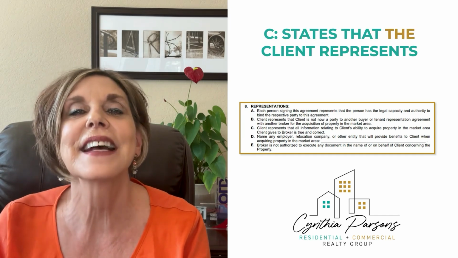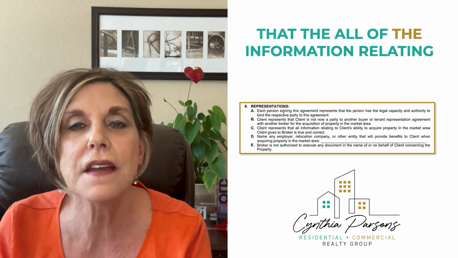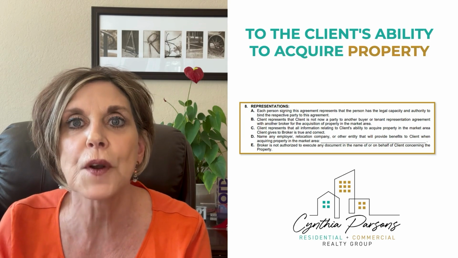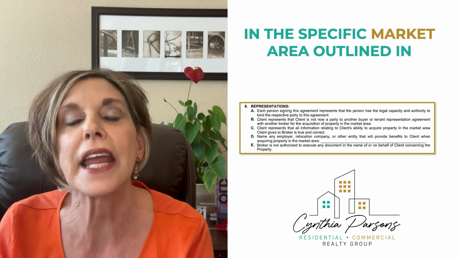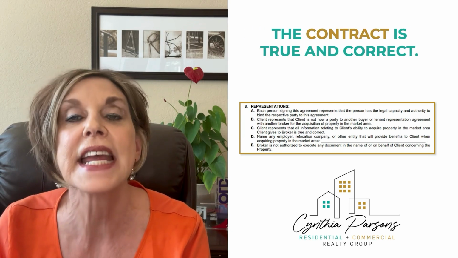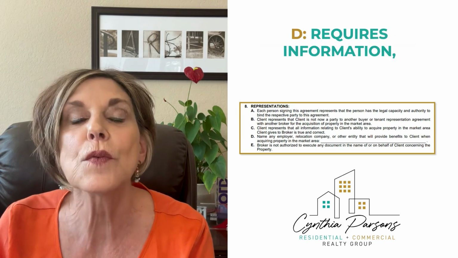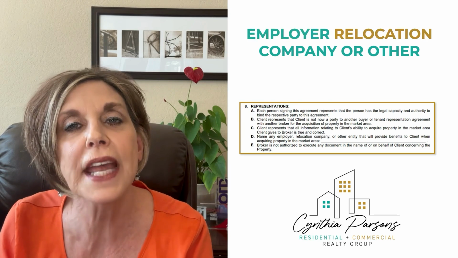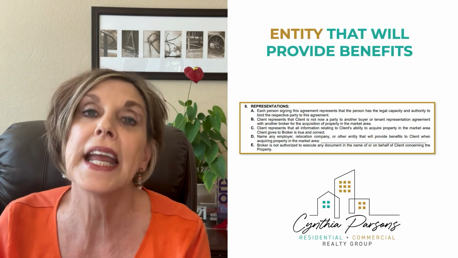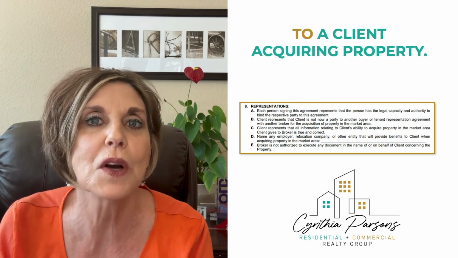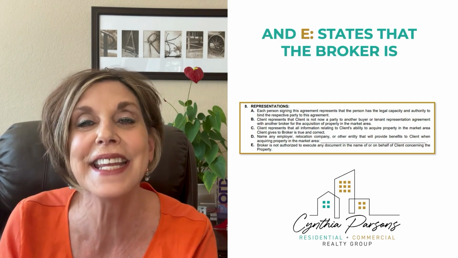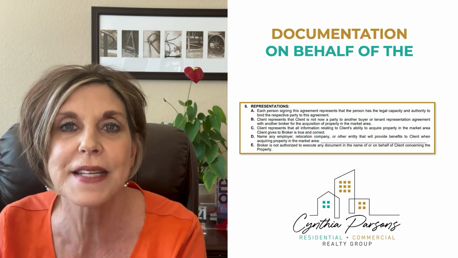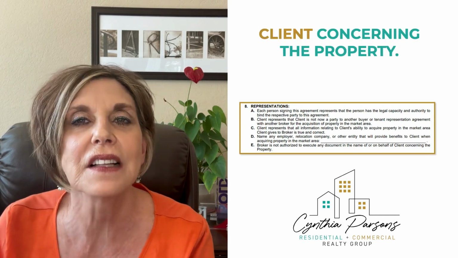C states that the client represents that all of the information relating to the client's ability to acquire property in the specific market area outlined in the contract is true and correct. D requires information, if applicable, regarding an employer, relocation company, or other entity that will provide benefits to a client acquiring property. And E states that the broker is not authorized to execute any documentation on behalf of the client